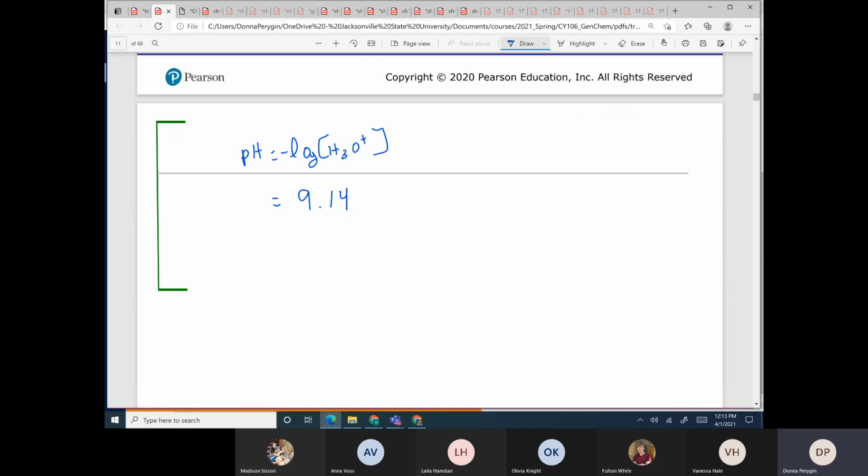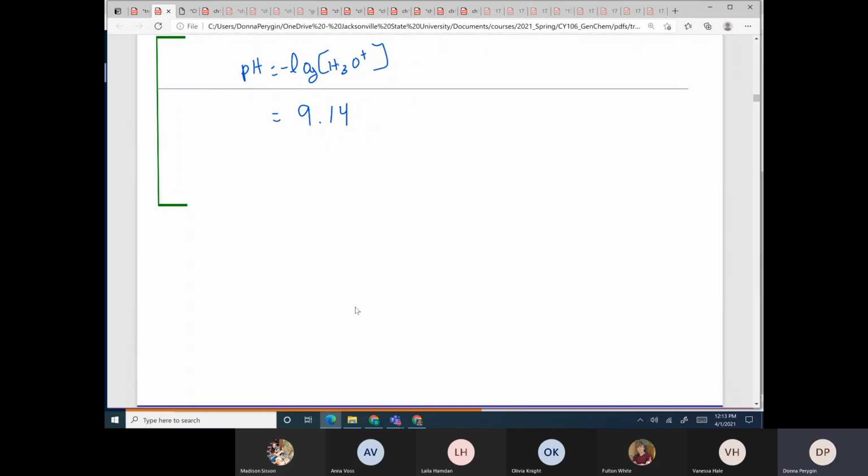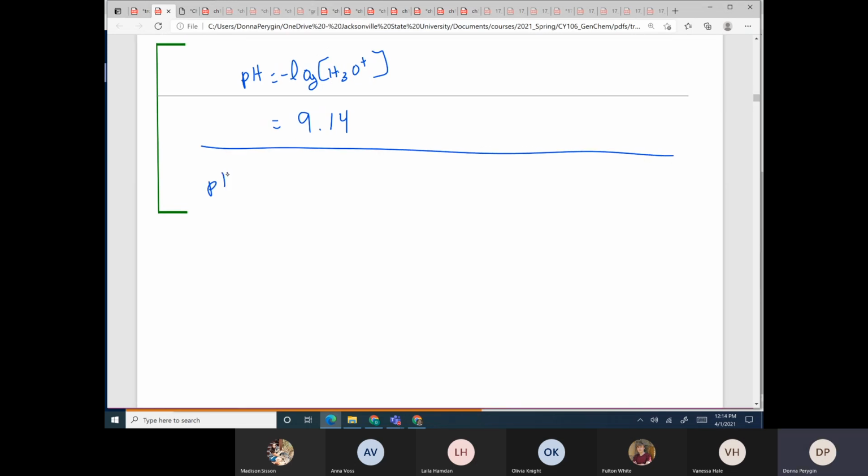Okay, now we can work that with the Henderson-Hasselbalch approach. The Henderson-Hasselbalch approach says the pH is equal to the pKa plus the log of the A minus over HA. So that's equal to, the pKa was 9.31, plus the log of 0.170